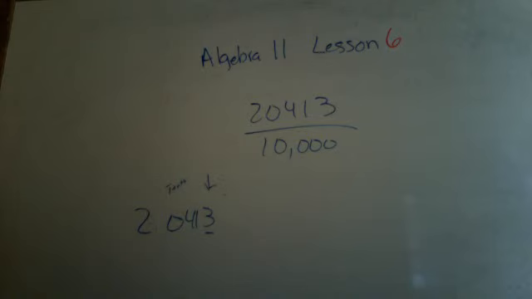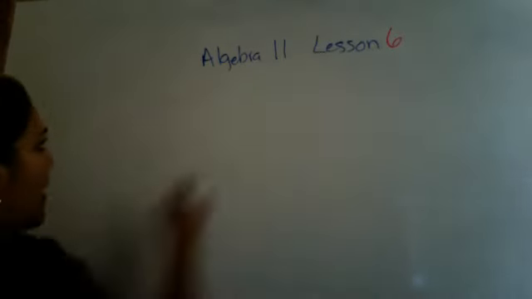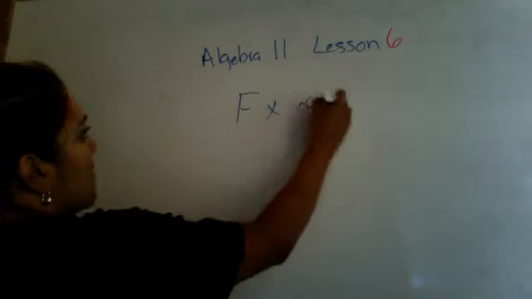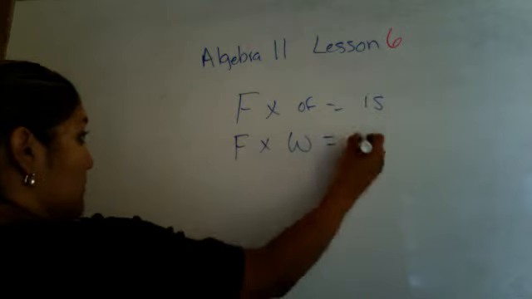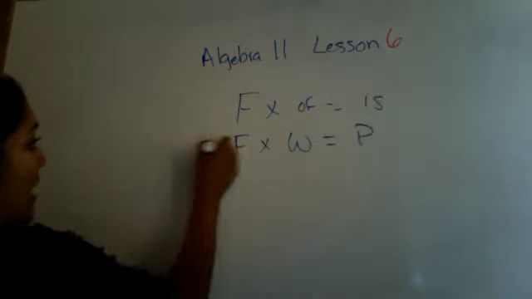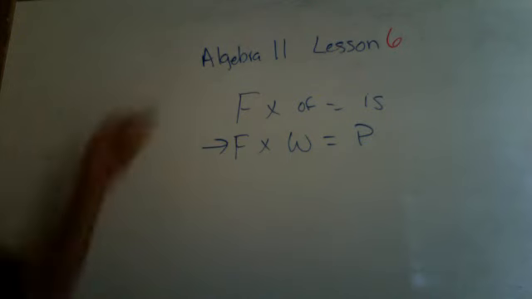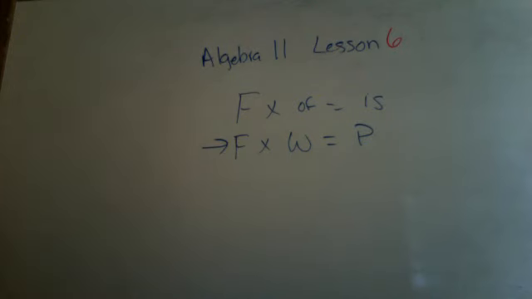So again, we can use a fractional equation with decimals. The students found that 0.015 of the teachers, so a fraction, just like we did in our previous lesson, we said 1/4 of the teachers were either brave or completely fearless. If 300 teachers fell into one of these categories, how many teachers were there in all? So first of all, what is our fraction? So remember, we have fraction times of equals is, or fraction times whole equals part. I like this one because I can see it better and it makes more sense, but this one works just as fine. It's the same thing. So our fraction is